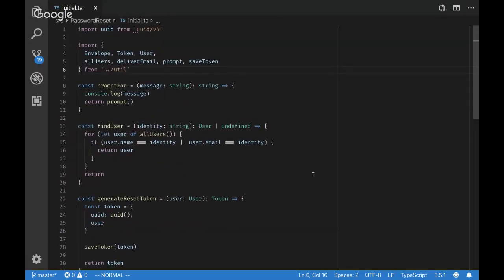So my goal here, I've got some initial code that implements this. It's sort of stubbed out there. I'm importing some fake functions. I don't actually have a database wired up. These are just kind of nonsense.